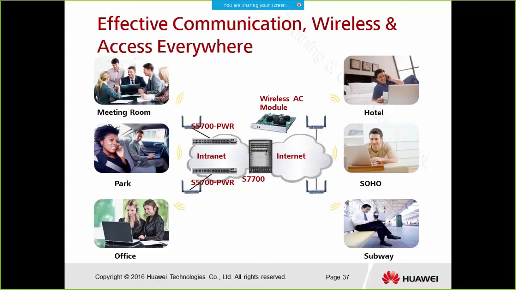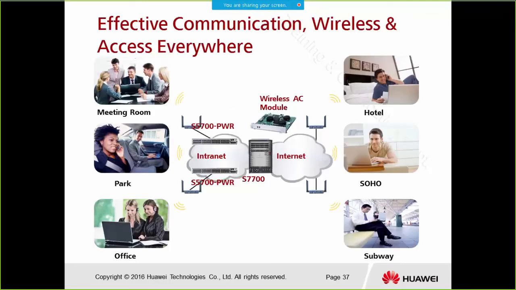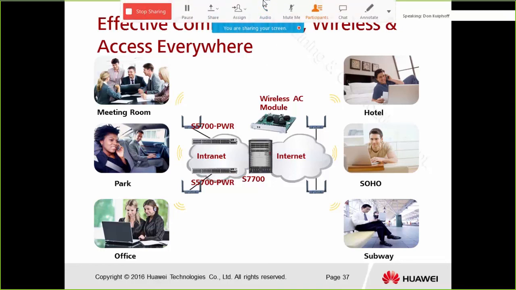And for the chassis switch, we can also insert an AC card, so the AC function will be integrated into the chassis switch. No need for an access controller. Okay, these are the introductions of box switches. Now